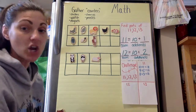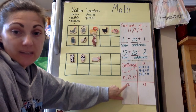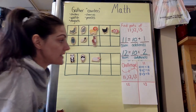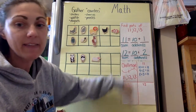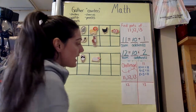So as a challenge, try to use the number that's in red at the top, so in this case it would be 12, and try to write as many different equations in the box that you can that equal 12. And parents, if you're making this at home for your child, all I did was fold the paper in half twice, and then made like a 4 square, and gave them space to write their